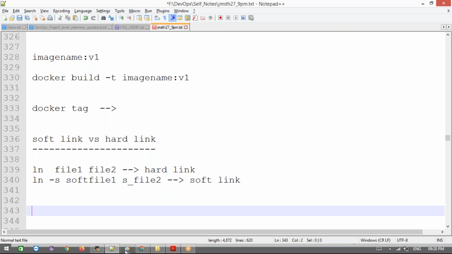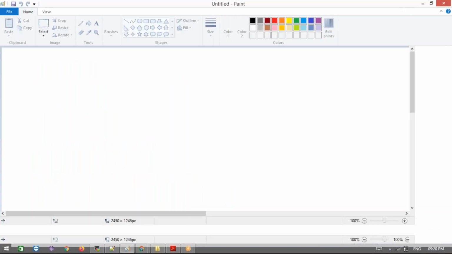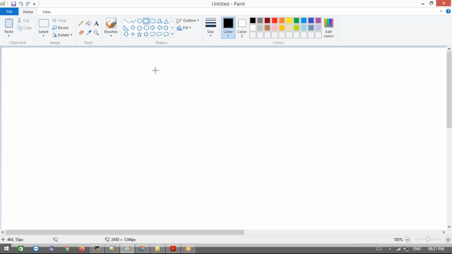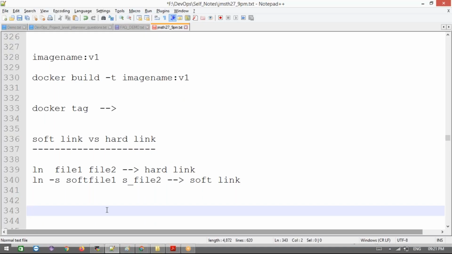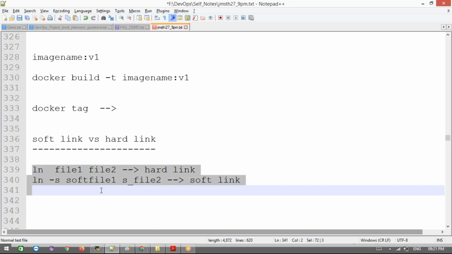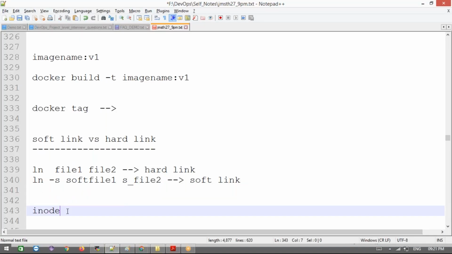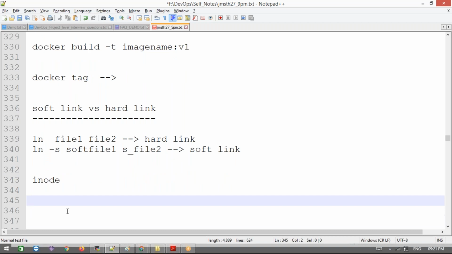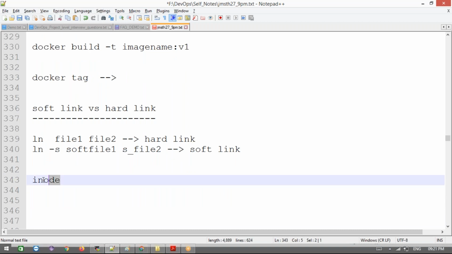Basically, let me draw one small diagram to make it very clear here. If you want to understand soft link and hard link, first we need to understand the concept called inode. It's a very important interview question also. When you go for any DevOps interview or Linux interview, they'll ask what is an inode.